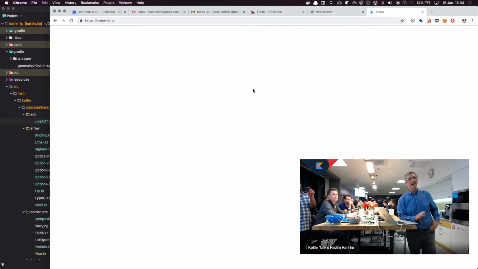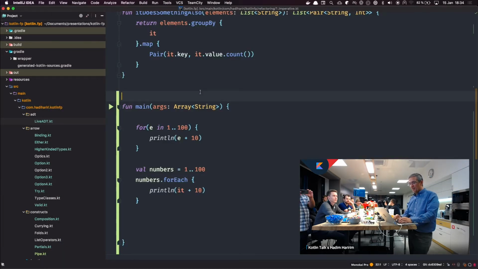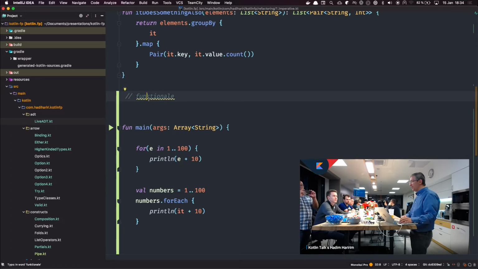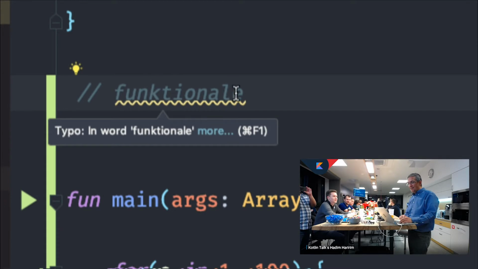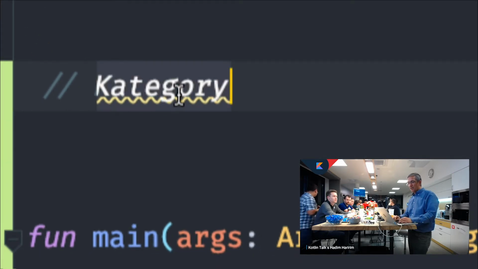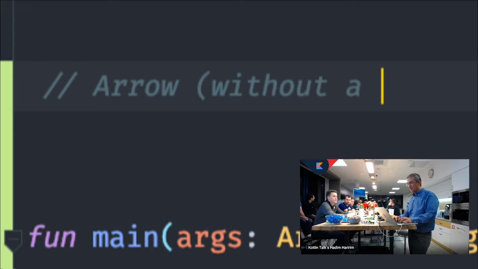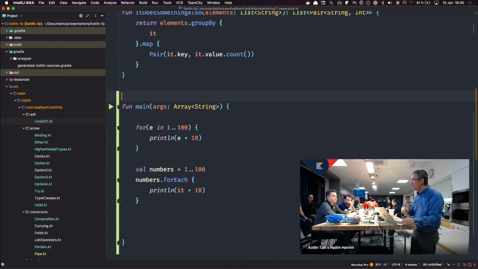Never mind. Arrow has a really cool website, and it is actually a combination of two libraries. One of them was called Functional with a K, right? Because I think that was the first library ever in Kotlin that decided to replace a C with a K, and it was really hip and cool then. And there was another library called Category, yes, with a K, and they decided to merge and call themselves Arrow without a K. So Arrow is basically the merge of Functional and Category, and Category comes from trying to bring some of the concepts that existed in Scala